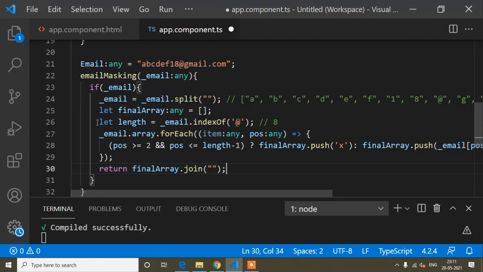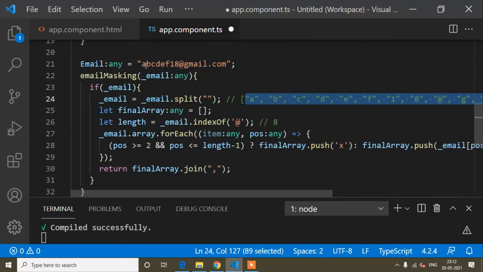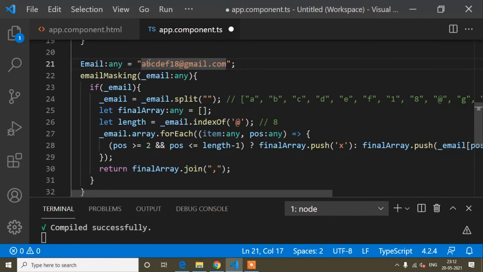This join method converts an array into a string. You can pass anything, for example a comma: when this array is converted into a string it will add a comma in between like this way. But I don't need anything, so I have written blank.